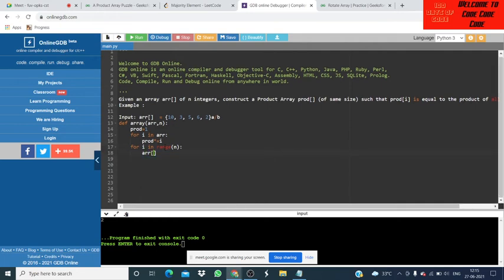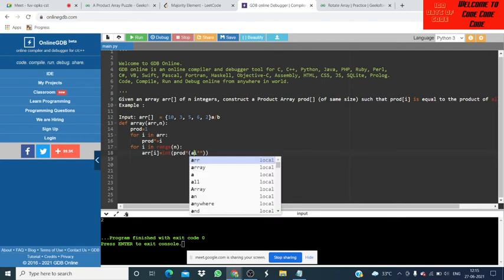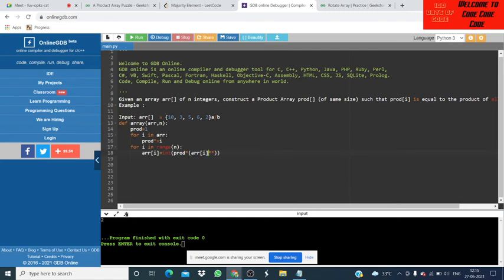We will make our array of I equal to product into array of I. I think this is right now.